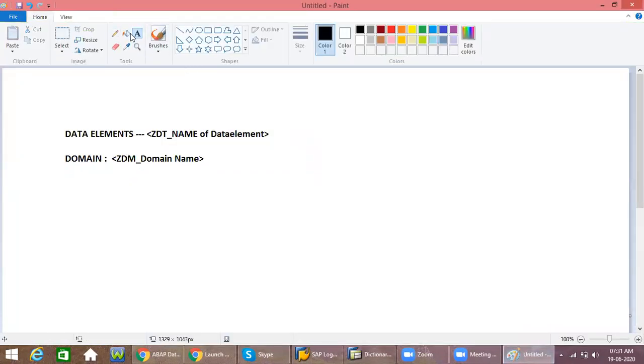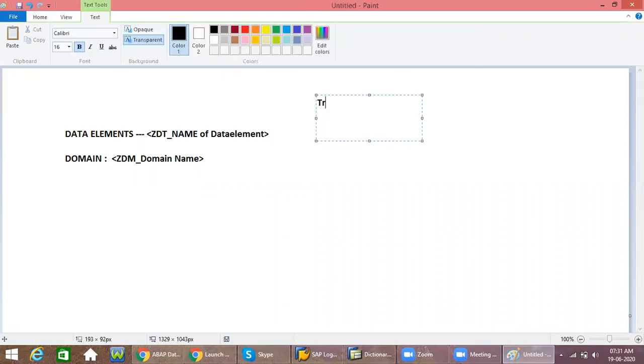In companies, out of 100, there are three types, right? Transparent, pool, and cluster. Out of 100, 98% we will go with only transparent.